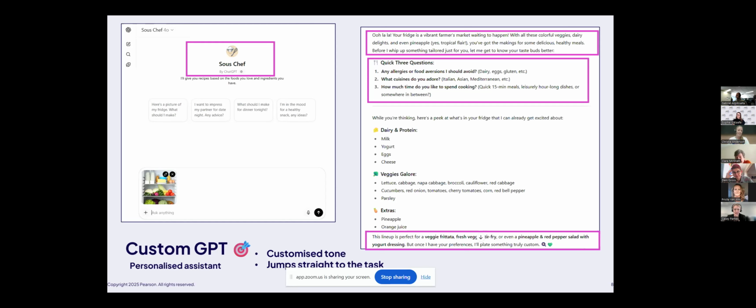You could say to it, never give me recipes with peanuts in because my child is allergic, whatever. So you can hopefully start to see that these custom GPTs can start getting you somewhere super, super personalized so that every time I send that picture of my fridge, it is waiting, it is ready, it knows what to expect, it's been pre-programmed, and it's going to hit me with some recipes. So that is the custom GPT.